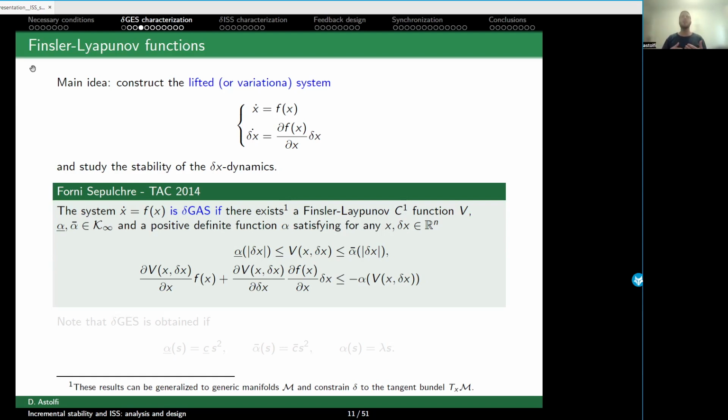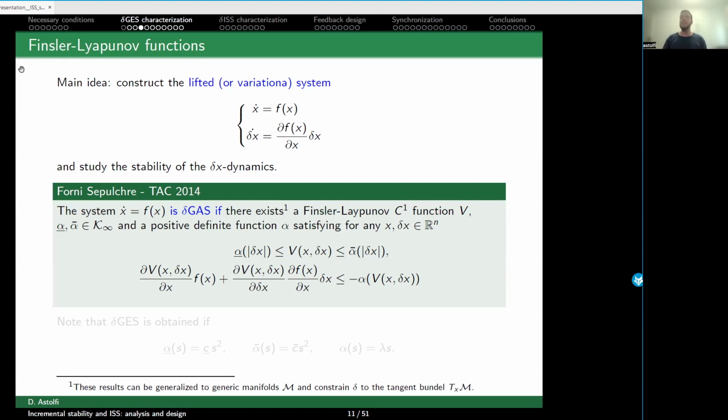So we will call this small variation delta x. So delta x is a small variation around a trajectory of x. And we will study the stability of this delta x dynamics. And we can state that the system x dot is equal to f of x is incrementally globally asymptotically stable